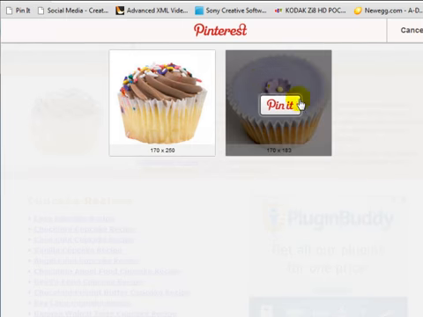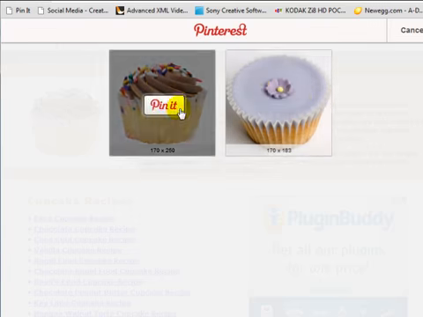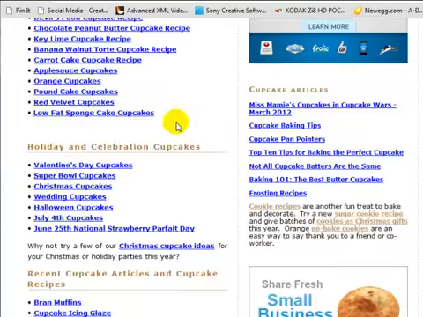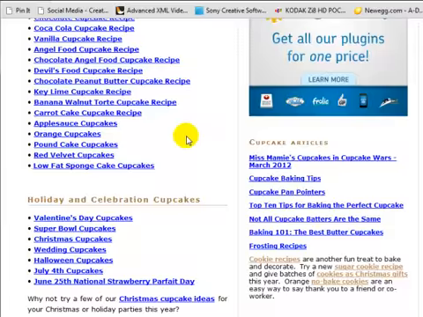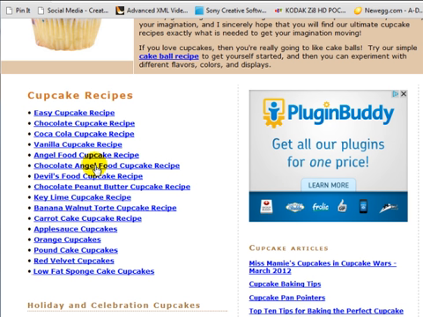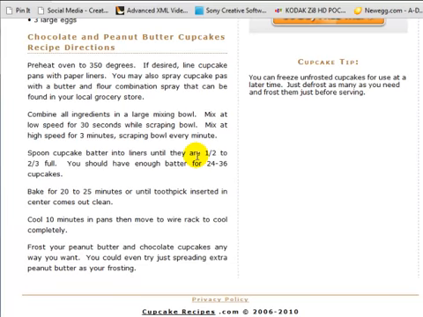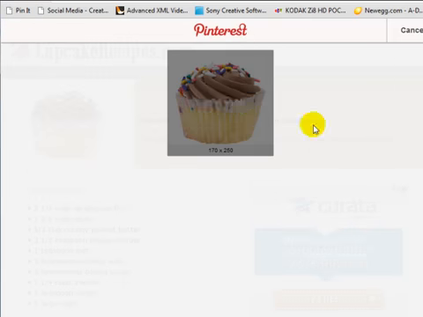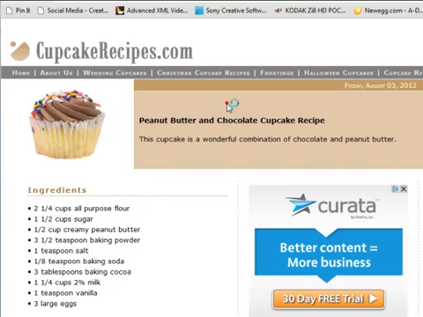And Pinterest would basically scrape the images and ask you, okay, which image do you want? If I click on cancel, as you can see, it grabbed this one and this one. Now, I'll probably want to choose a page that only has one image. So let's say, for example, that I choose the chocolate peanut butter example and I click on pin it. Now, as you can see, the chocolate peanut butter image is showing right here. So if I click on this,